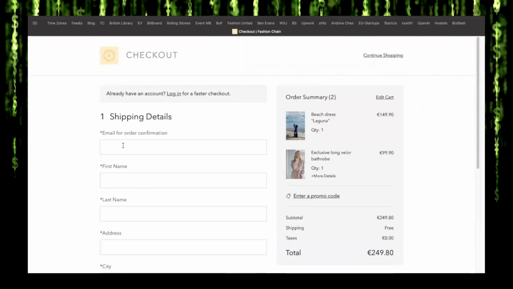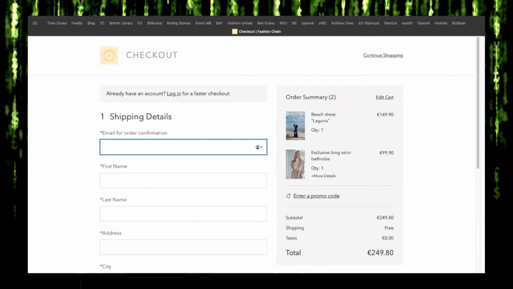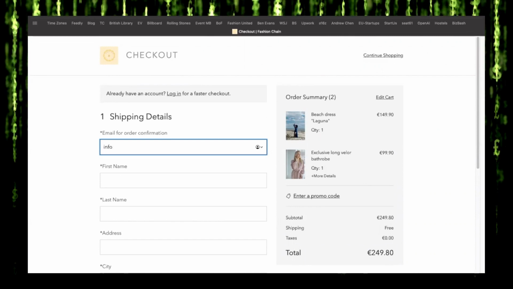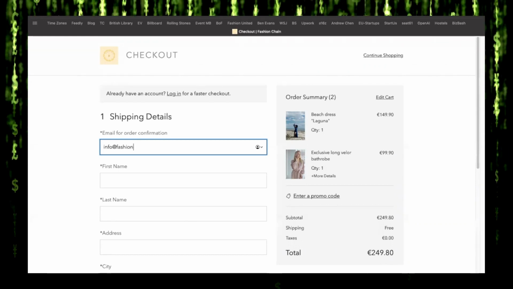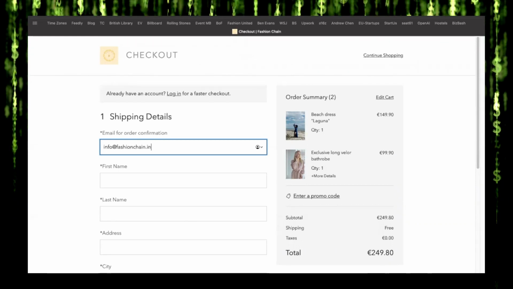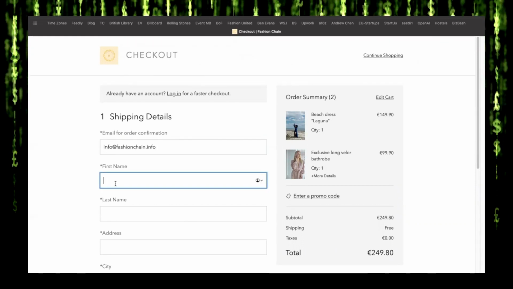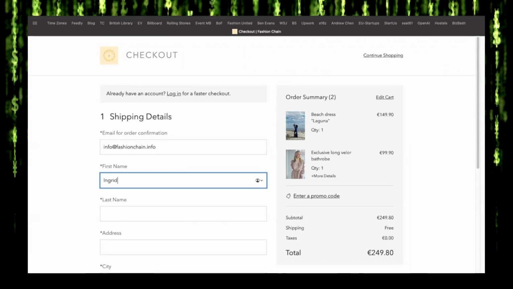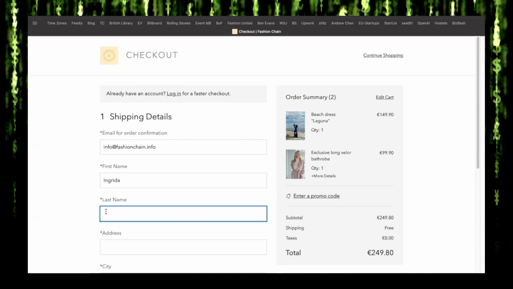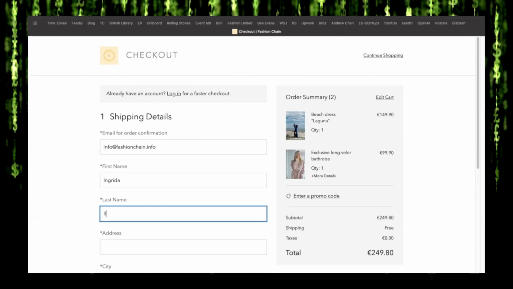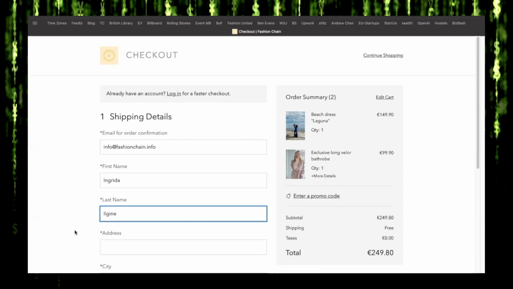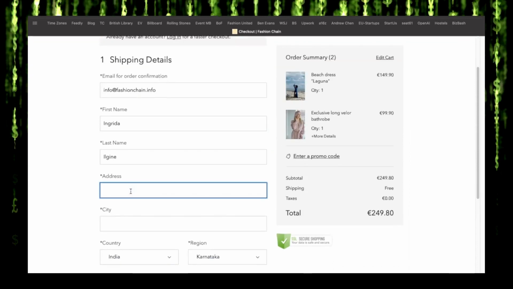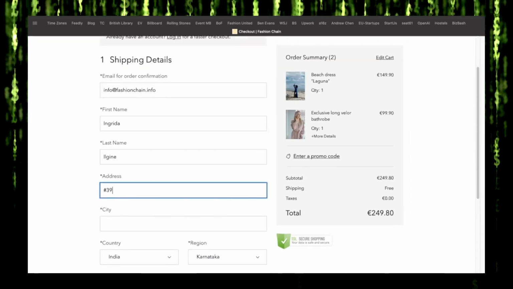And all you have to do is provide your email address. Let me just type in our email ID. And first name, your first name and last name. And then please make sure you provide the correct address.